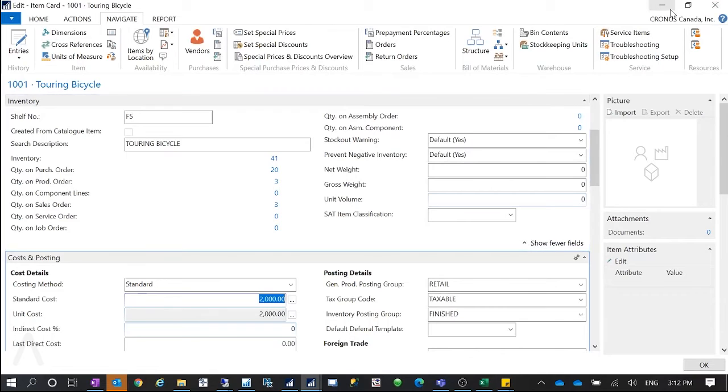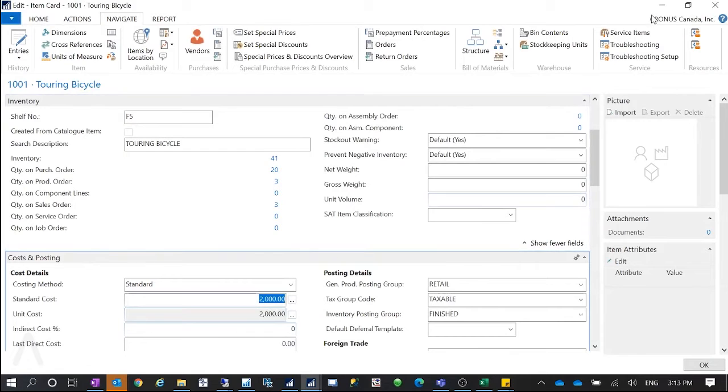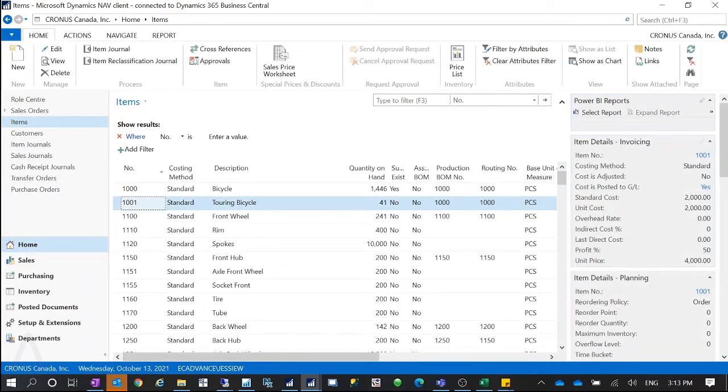But some customers are saying they do not want to use the same standard cost on different locations. So in this case, they may want the blue location to have 2000 and the green location to only be 1500. So they do not want the standard cost worksheet because it will update them to the same standard cost. And they want different locations, different stock keeping units to show different standard costs. Some customers are having this issue. So what they want to do, in order to achieve what you want with different locations, but with the